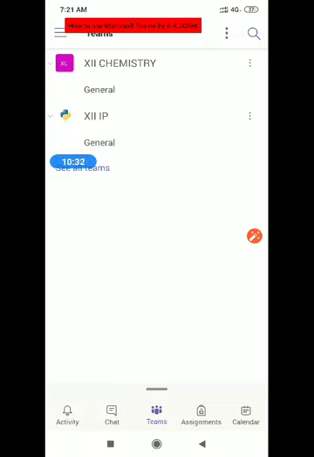Then in that case, that student logs in and sees those channels, those teams. Suppose the physics teacher added him, then it's showing 12th physics. Suppose the IP teacher added him, 12th IP, then 12th chemistry, like this. So in a single place, a student can find all the teachers, all the scheduled meetings simply like this.